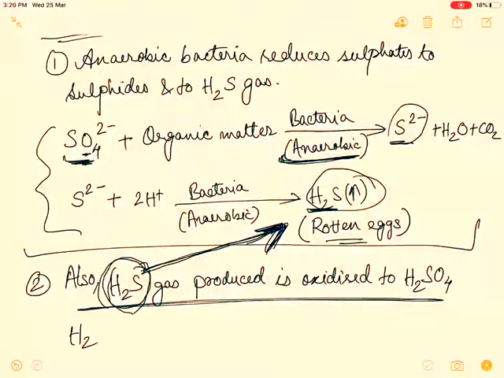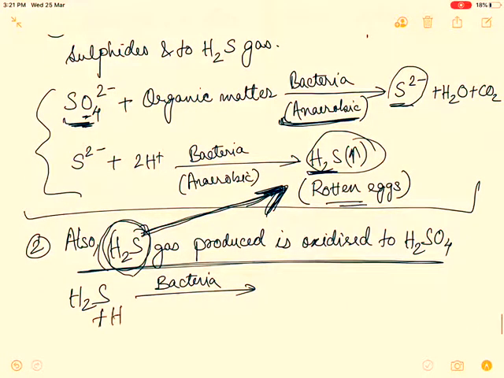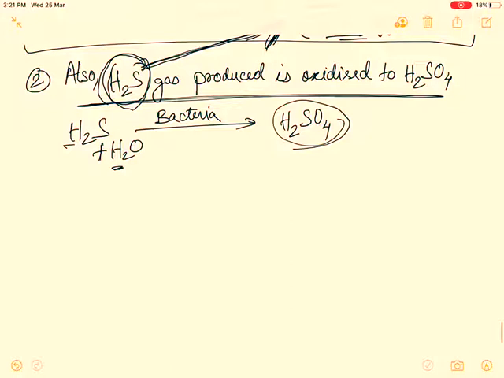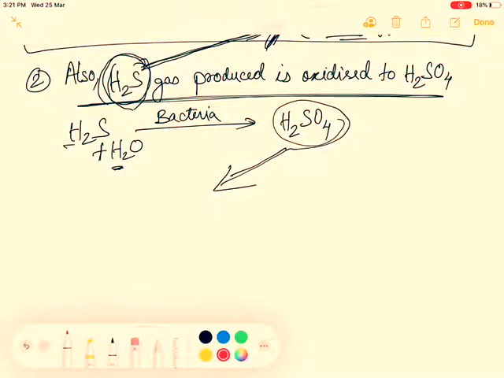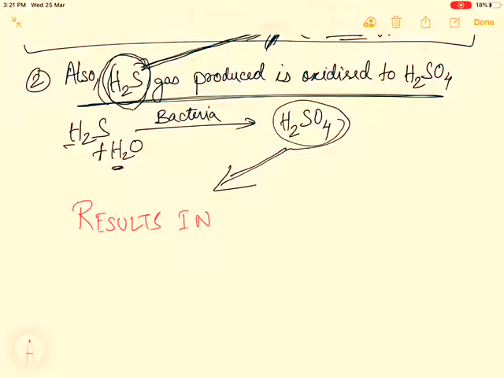Okay, you have H2S gas. I'm just writing, it's not an actual chemical reaction, but I'm just showing it. So in the presence of that bacteria, this will oxidize. Okay, and there is obviously water. So this will result in H2SO4. H2 will come from this, and this is sulfuric acid. So when you form sulfuric acid, this results in corrosion. Main problem, it results in corrosion